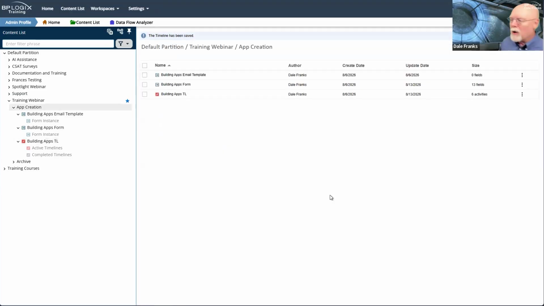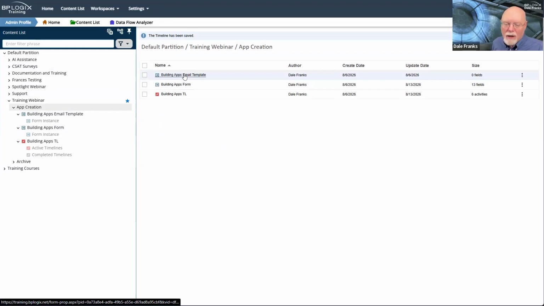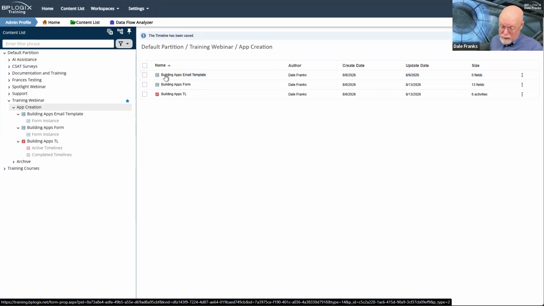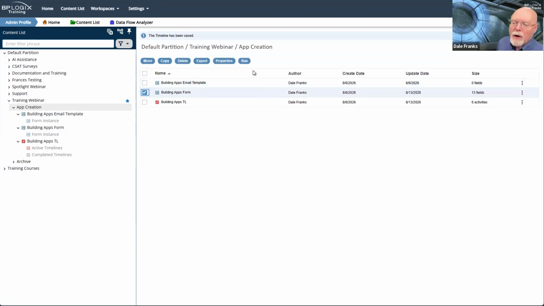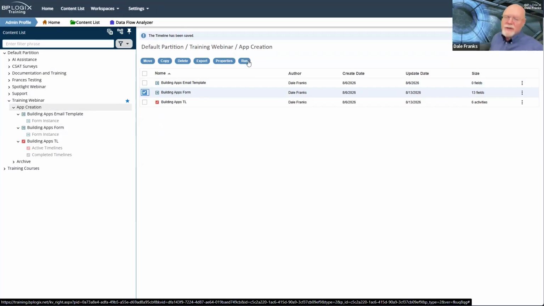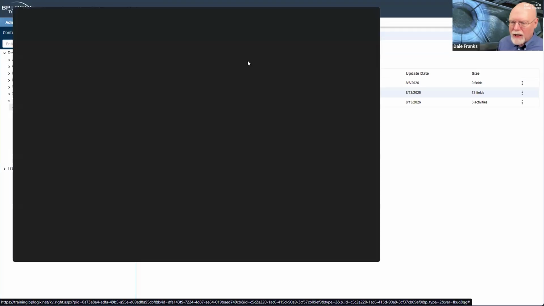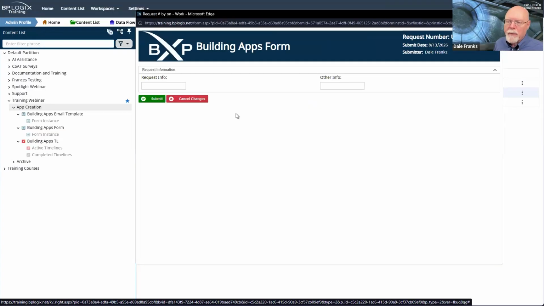So we're going to go ahead and close our timeline activity. Now, we haven't even talked about the email template. We're clearly not going to talk about that until next week. But we are going to go ahead and do our testing here. And we have about 20 minutes left. So I think running through a couple of test scenarios is the last thing that we're going to have time to do today. So we're going to go ahead and run our form.